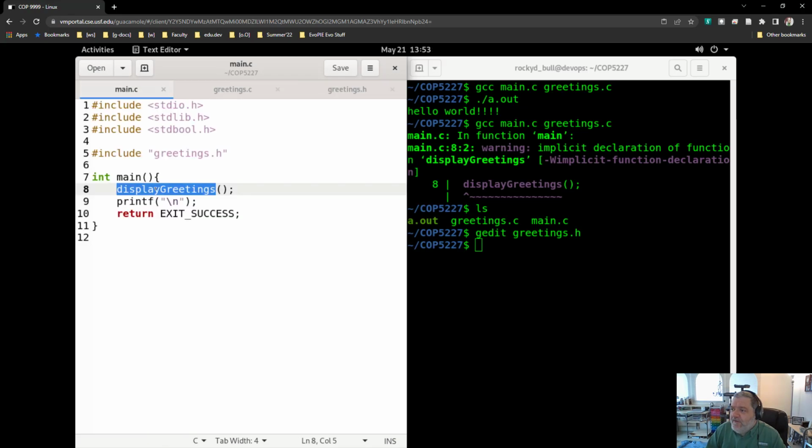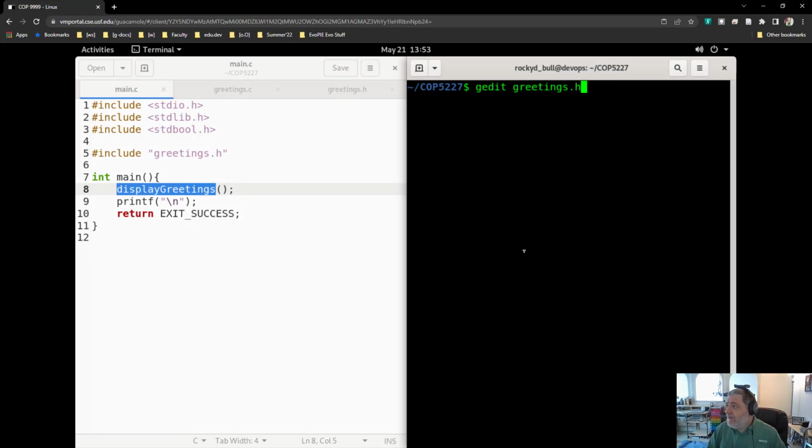To be able to use display greeting, I include greetings.h in the files where I'm going to use that function. And when I compile, I make sure that I compile with both C files,